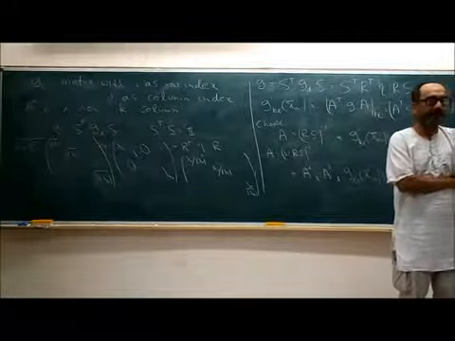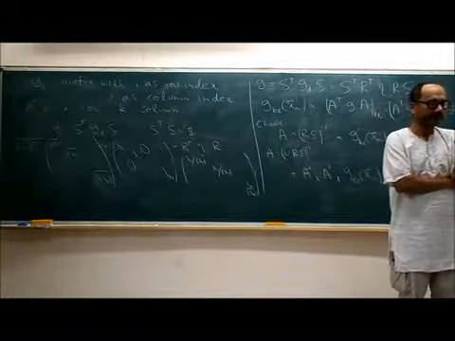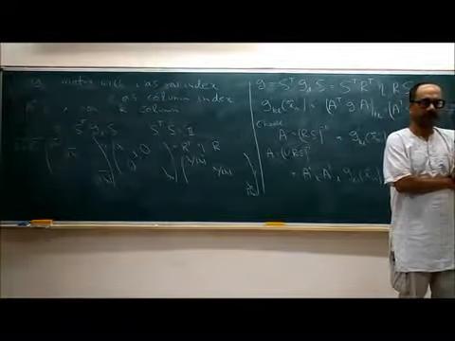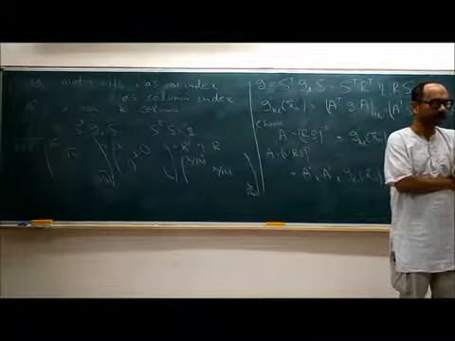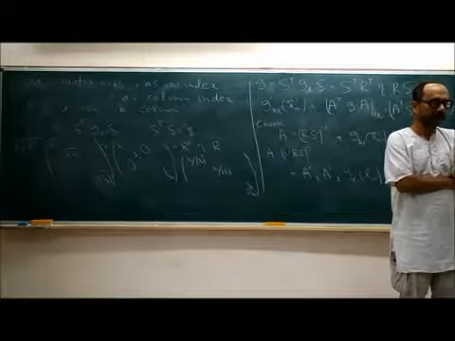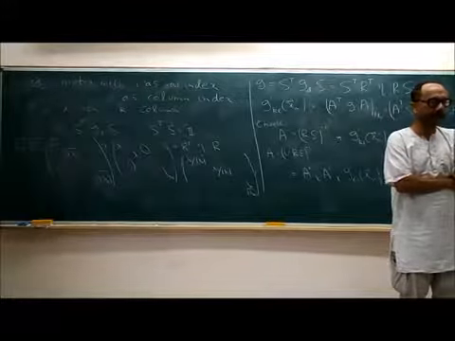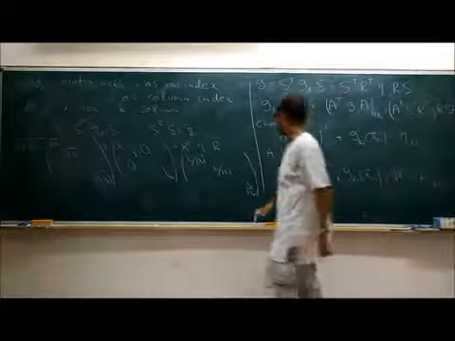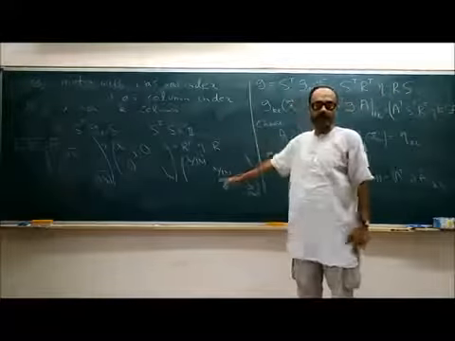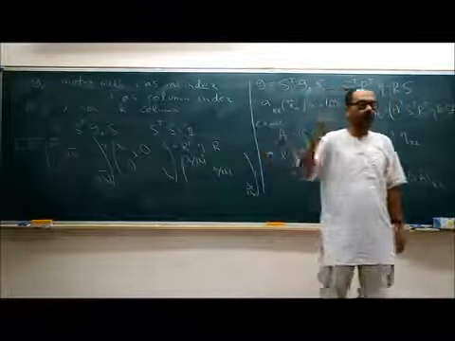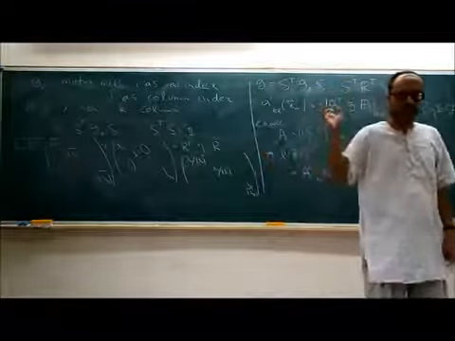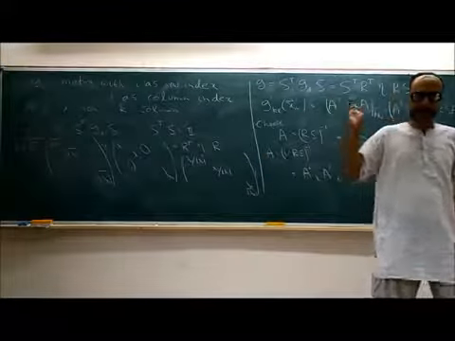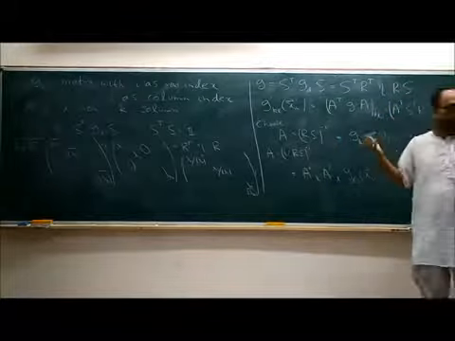Gij has how many independent components? It's symmetric, right? N into N plus 1 by 2. Gij has N into N plus 1 by 2, and you are trying to bring all of those into some standard form, right? This final form eta has no parameter, right? So you want to basically get rid of all those N into N plus 1 by 2 variables, and you are using Aij to do that.